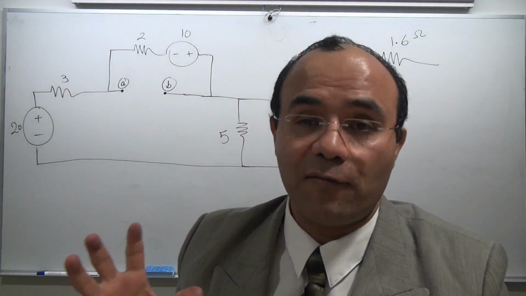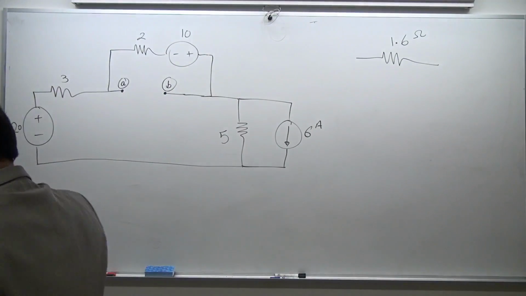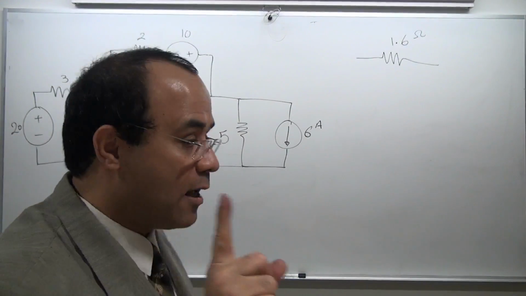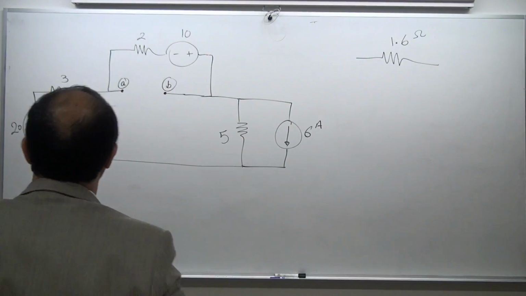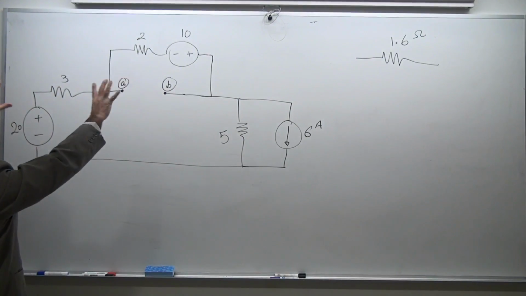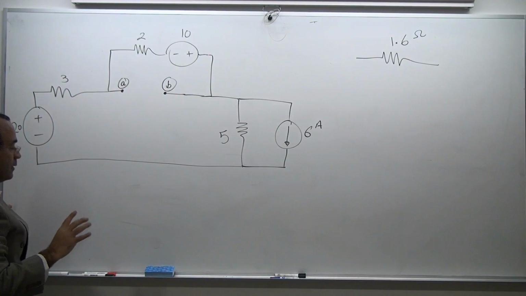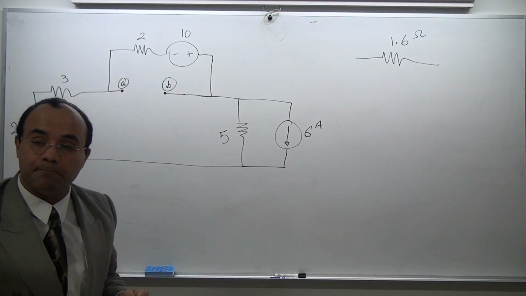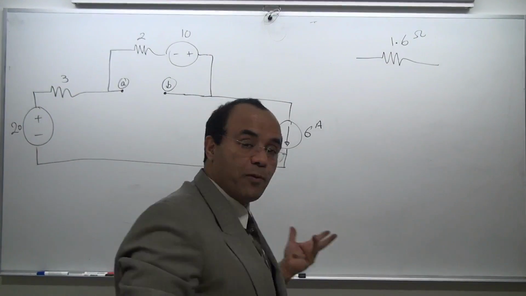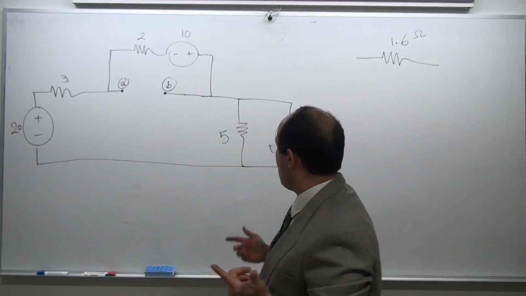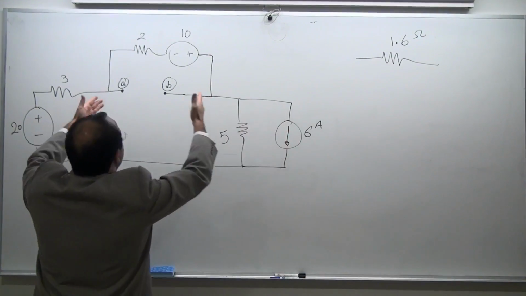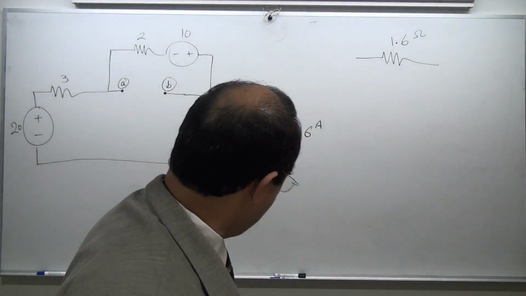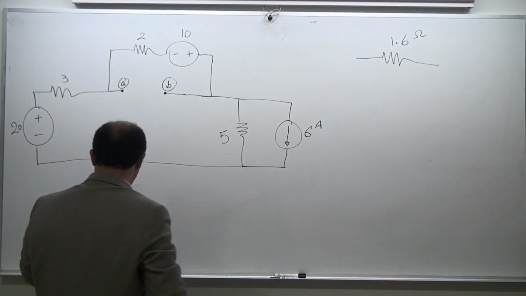These are the things you have to see before you start punching your fist on the question. You need to make a smart move. Okay, but let's say we don't see it. If I do this ground, this is going to be supernode. It's going to cost me time. Okay. Do you want to do superposition? No. 3 sources, it tells me 3 different sources. And that's really too much. Then perhaps I want to do,